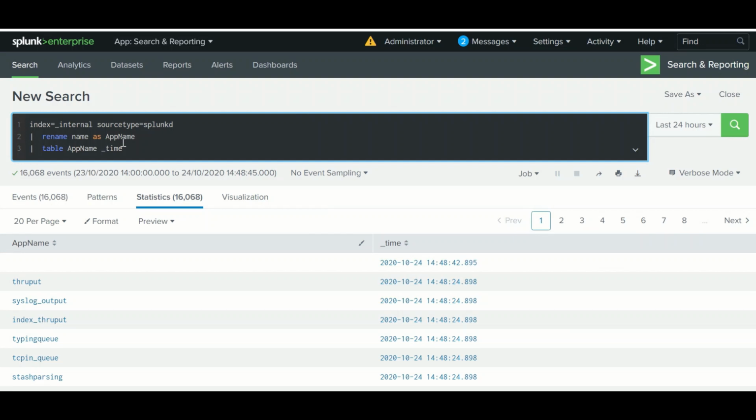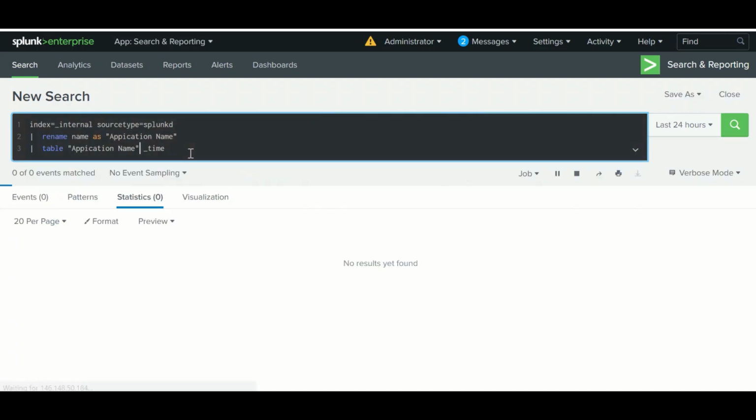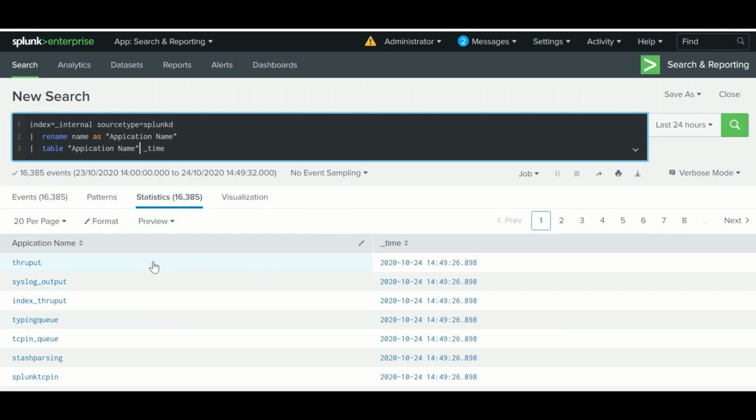But if you want to put application name with a space, you cannot write it like this; you need to put it in double quotes, and use the same thing while displaying. So keep in mind that if you are renaming a field with a name that contains a space, put it in double quotes.